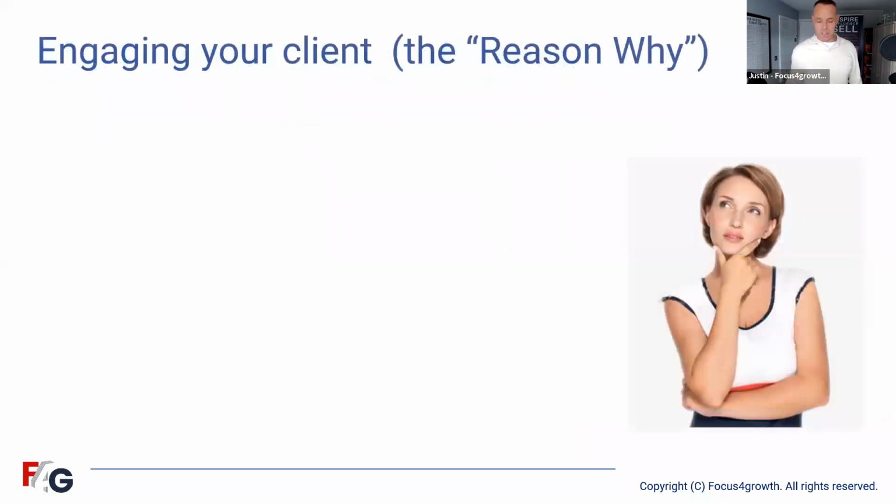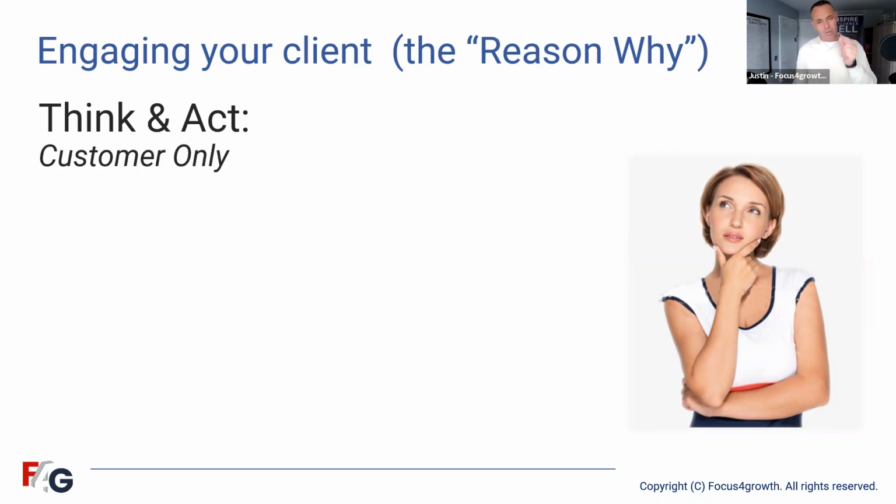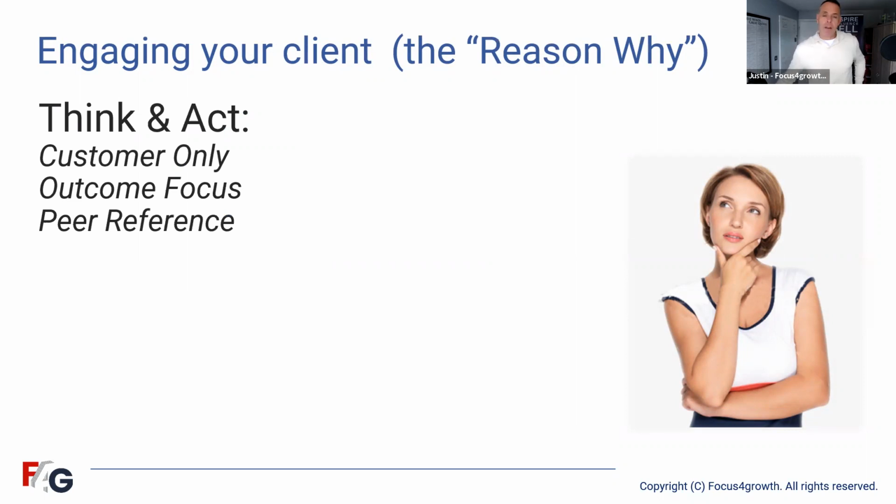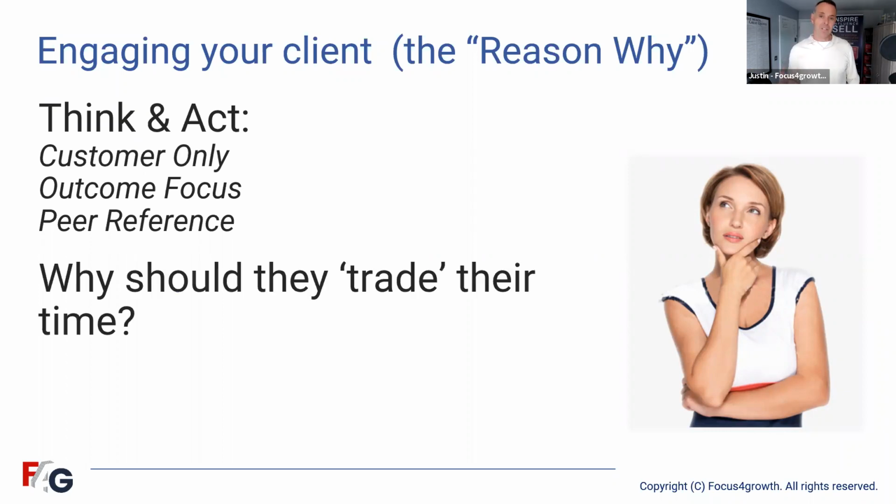This is these early stages. So three principles, and it's worth going back through some of your messaging, maybe outreach emails, maybe outreach calls that you're making, and just sense check three things. Are you talking customer only? Are you talking about outcomes, not what you do? So the outcome of what you do could be 6 to 12 months from here. Might not be now, might be 6 to 12 months out. And are you referencing sufficiently other customers that have had a great experience with you and the outcomes that those other customers have been able to achieve? And that's the key, right? That is the key to really compelling messaging in the first instance.